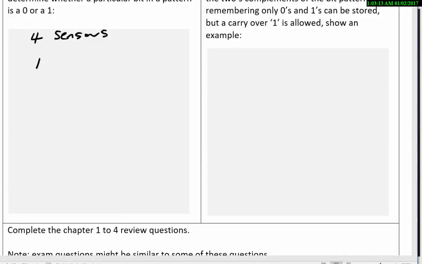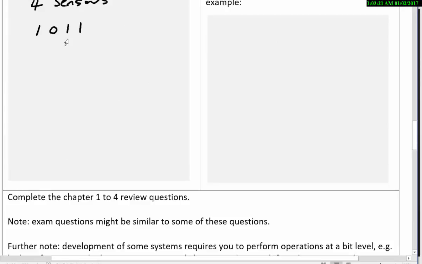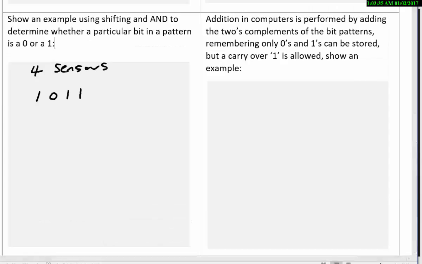So it might be that sensor 1, 2 is on, 3 is off, and 4 is on. If you use AND, then that can mask values out and shift. So if we wanted to see whether sensor 3 is on or off,